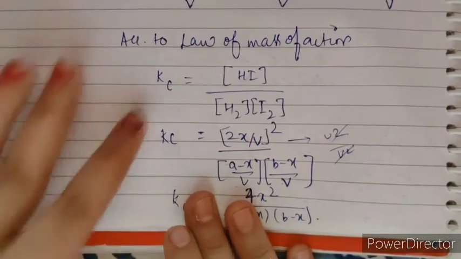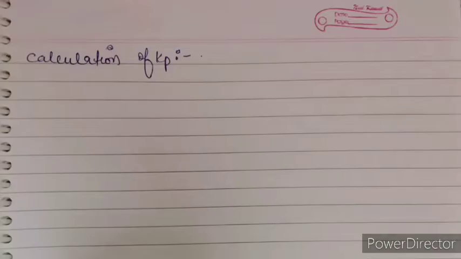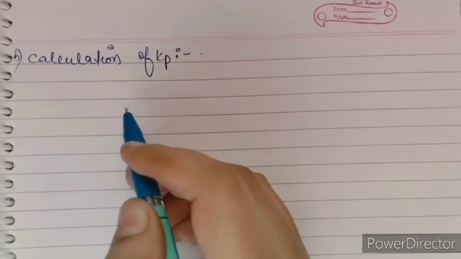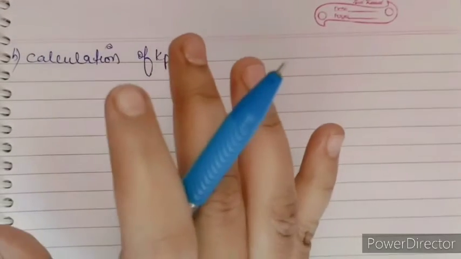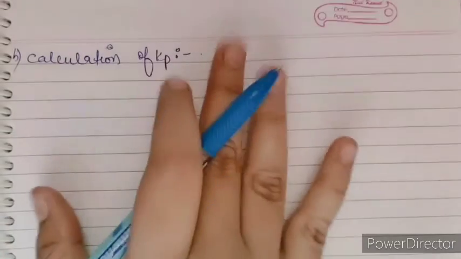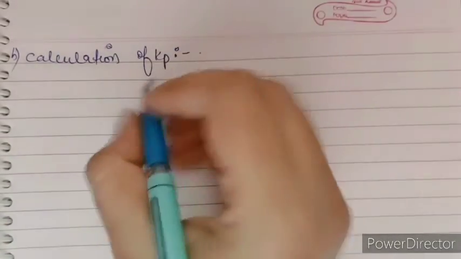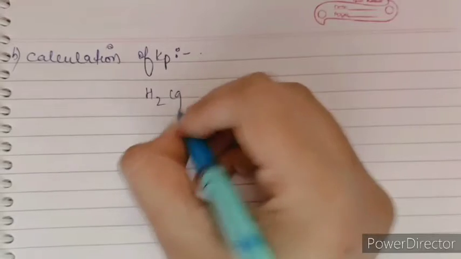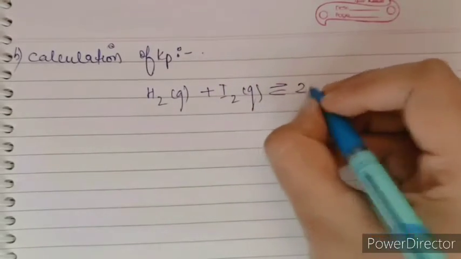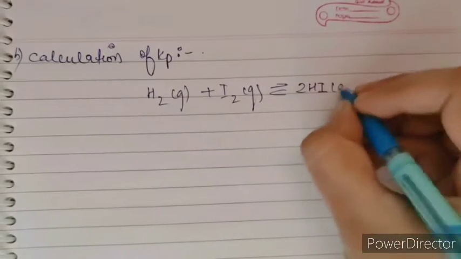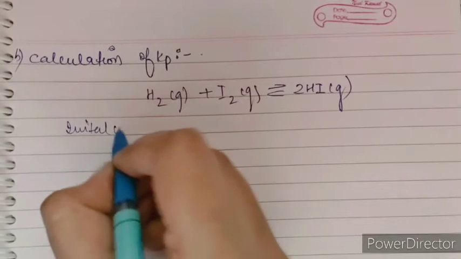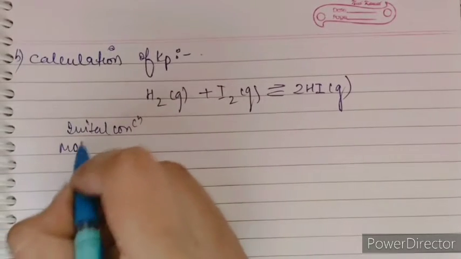Now the second part is calculation of Kp. The equilibrium constant Kp can also be calculated considering partial pressures of reactants and products at equilibrium. So again we will take the reaction H2 gas plus I2 in a reversible reaction gives 2HI in gaseous state. Again we have to write the initial concentration, moles at equilibrium,